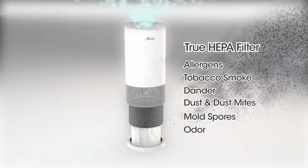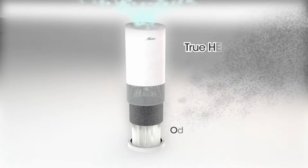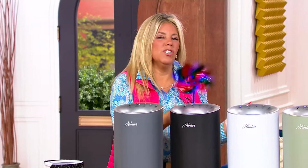then letting the smaller particles pass through to that true HEPA filter, again capturing 99.97% of them, the allergens, the tobacco smoke, the dust, the mold spores, and the odors, sending out of the top of your unit all of that clean, purified air. Now the EcoSilver pre-filter will inhibit the growth of the microorganisms and the bacteria. The coconut carbon is going to reduce your household odor and extend the life of the HEPA, and the true HEPA filter again removes 99.97% of all of those things,